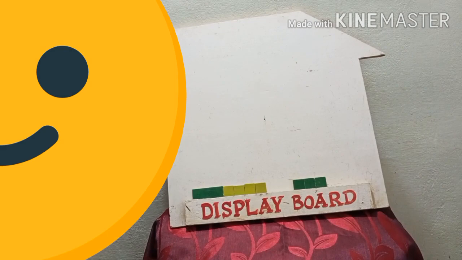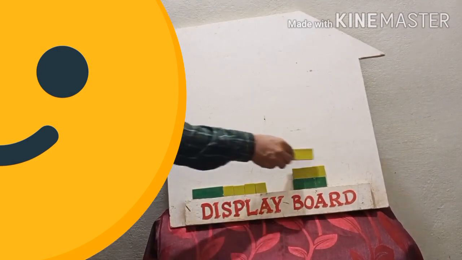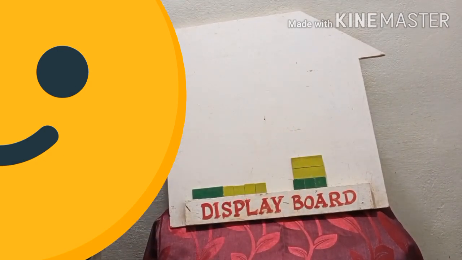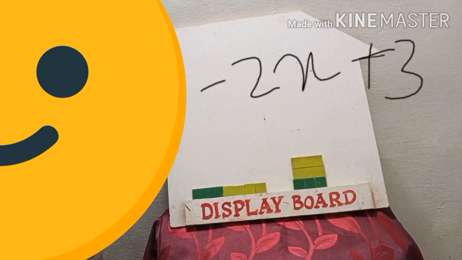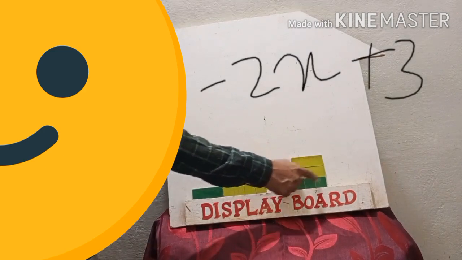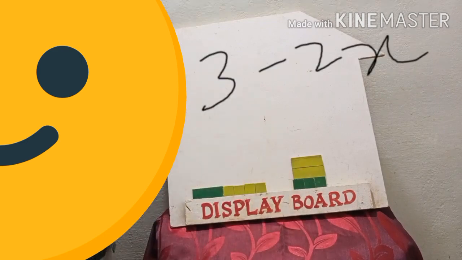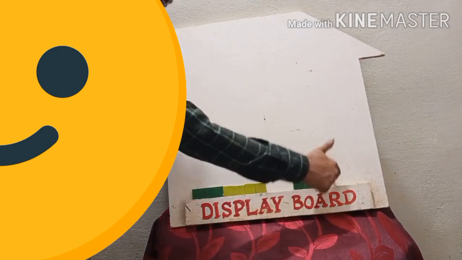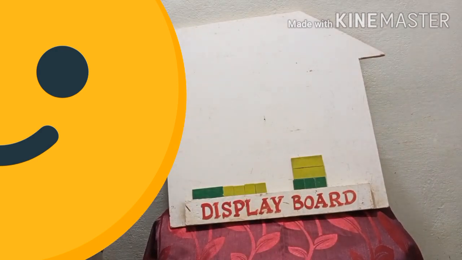Then minus 2x. For a variable, we have to opt for rectangles. Here minus 2x. That's why I will take 2 rectangles with yellow color only. So, now this is minus x and this is minus x. Then you will make the relevant expression of RHS: minus 2x plus 3, or 3 minus 2x. You can prepare the expression from upwards to downwards or downwards to upwards. Both are equal. Now, the process is to separate the rectangles at one side and square bits at one side.